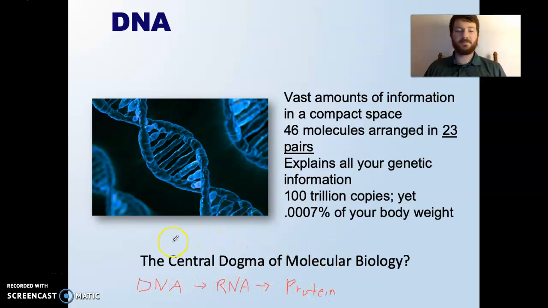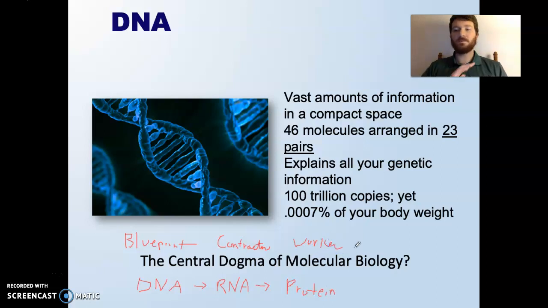I've used this illustration before. DNA is kind of like blueprints. Wow, this is really laborious to write with the mouse. DNA is like a blueprint to a house. RNA is like a contractor, whereas a protein is like a worker. So if you're building a house,